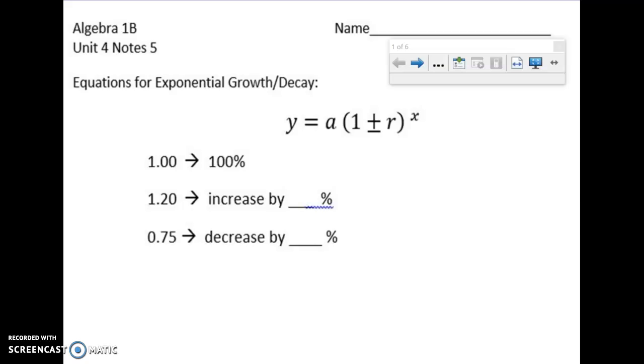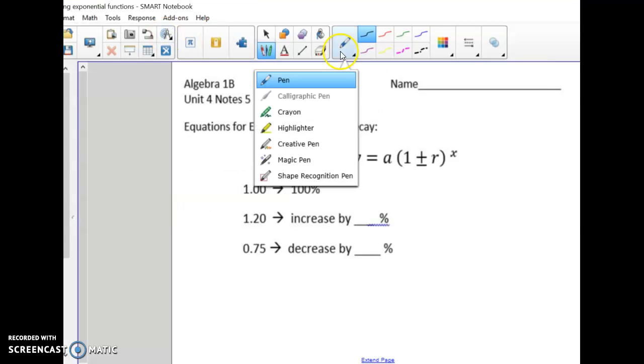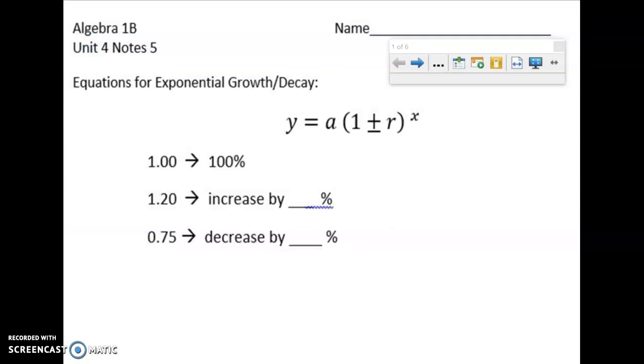So equations for exponential growth and decay look a little bit like this, where remember, A is the initial value. So when I've got a number out in front, then I can consider this the initial value. And my handwriting is going to have to take a little bit of time to get used to this new board, so I apologize. And then when we look at the number inside, so the growth or decay, the increase,